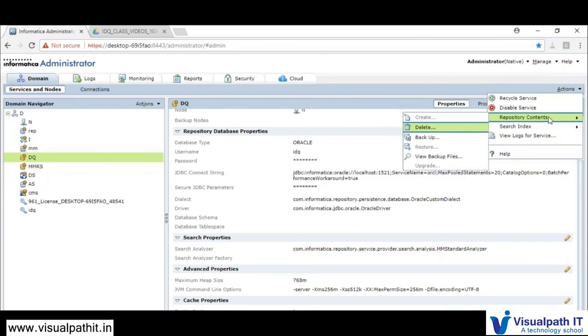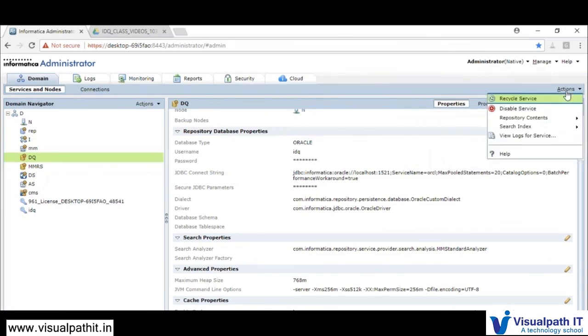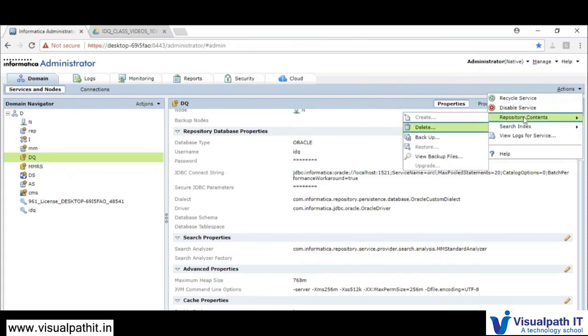If you do not prompt for creation when you are adding your model repository service, you forgot to select the create new content. So you will have the option here, repository content under actions. Whenever you select the model repository service, under actions, repository content, you can select create.